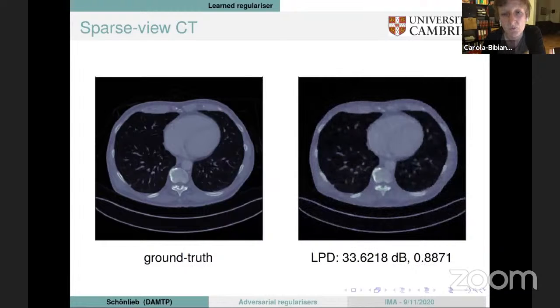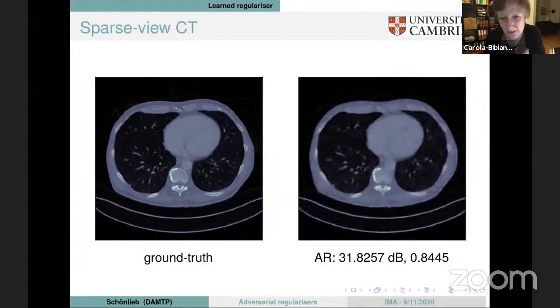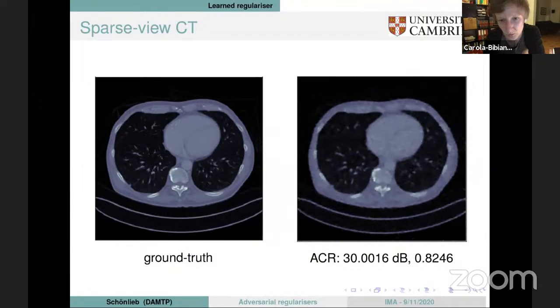This is what you get with another supervised deep learning approach for CT reconstruction. And this is what you get with the adversarial regularizer. And this is what you get with the convex adversarial. The convex one was the one I like most because it's nice. You pay a little bit, like 1 dB, well, actually more, 1.8 dB in terms of reconstruction quality, but you're still better than